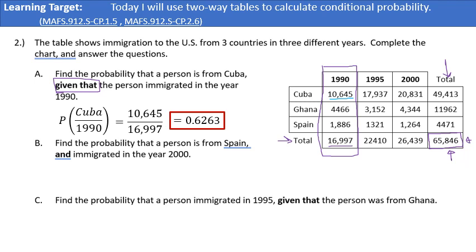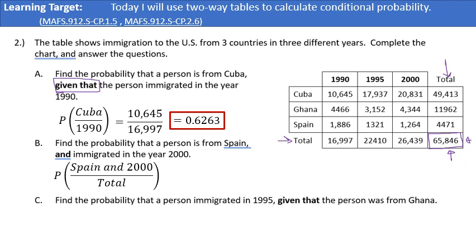Let's do B. In B, it says find the probability that a person is from Spain and immigrated in the year 2000. All right, here's this keyword "and." What does that mean? It means it stays in the numerator. So we're finding the probability that they immigrated from Spain and in the year 2000, and this is going to be out of everybody. So our bottom will be